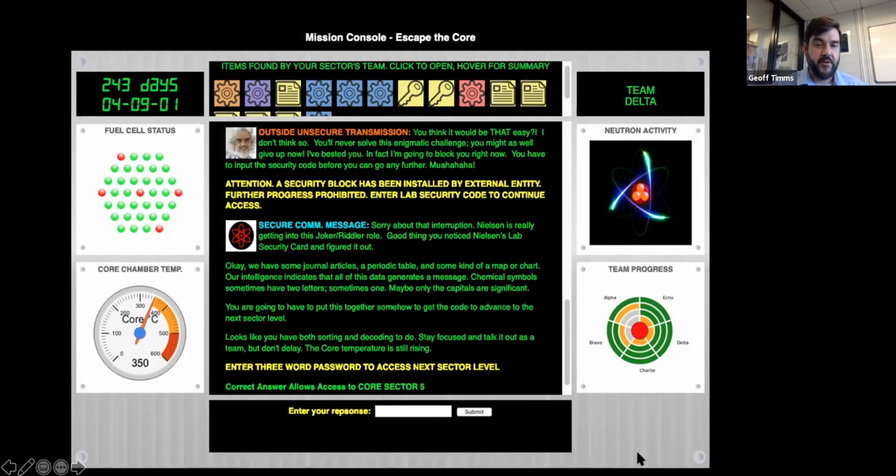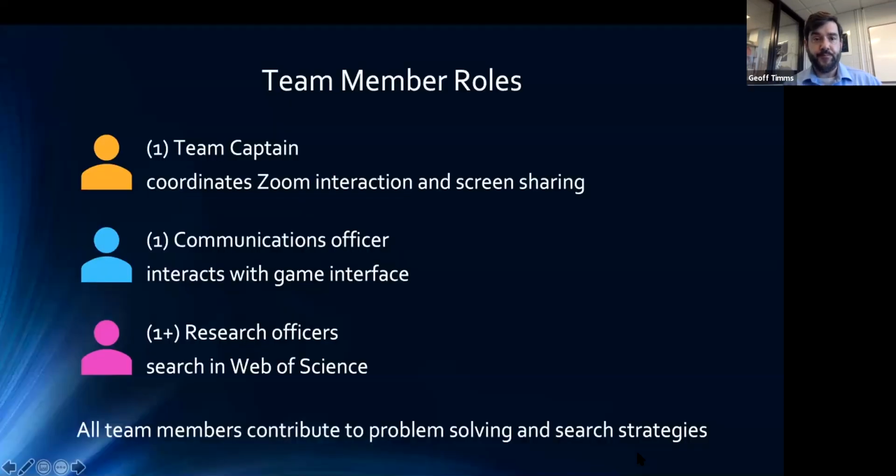And then the computer system messages request answers to questions, for example, answers from questions associated with Web of Science. Our players provide their answers in the bottom middle area. In order to make all of this work really smoothly, we decided that we would need to have some new